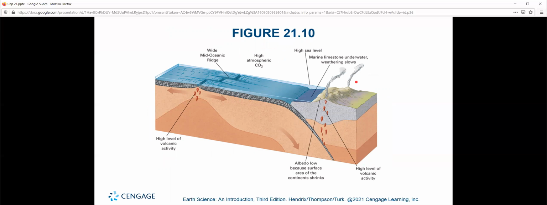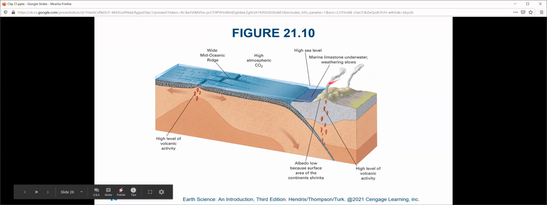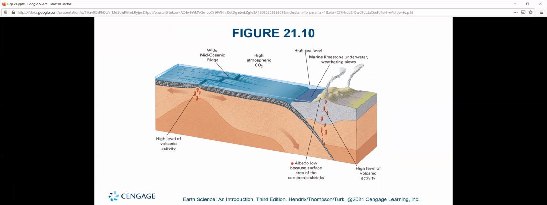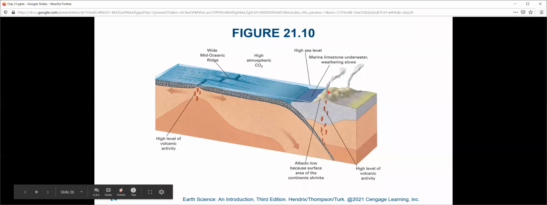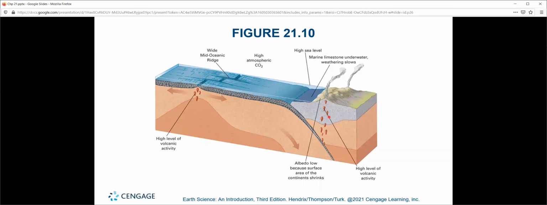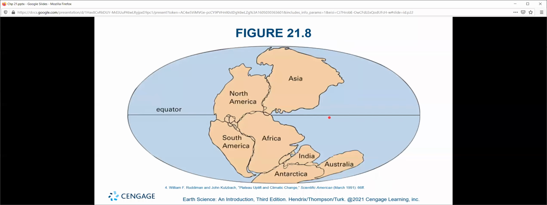Contrast that with some high atmospheric CO2 with a high level of volcanic activity, slamming these together, causing increased amounts of volcanic activity, low albedo due to continents shrinking, and marine limestone weathering away. Very dynamic, very different environmental impacts. These images may not look very different, but just the amount of water being pushed up here gives you different amounts of